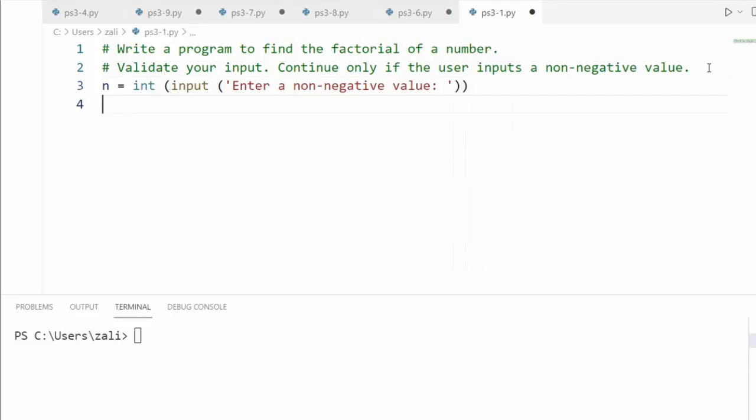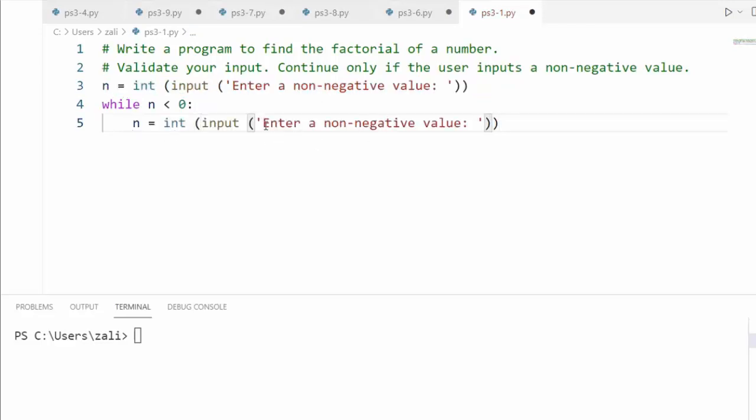Then I need to make sure that the value is non-negative. I can use if for validation, but if will do the validation only once. We will use while for validation. While n is less than 0, which is wrong value or invalid for this example, I can output a message to the user or copy-paste the same message here, put it inside, and just add some new text, wrong value